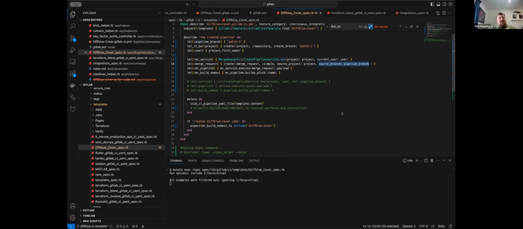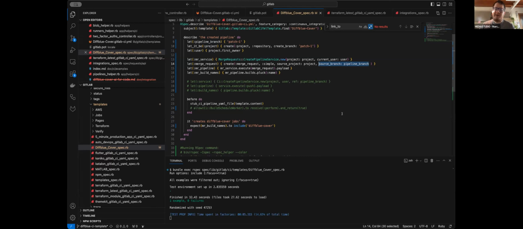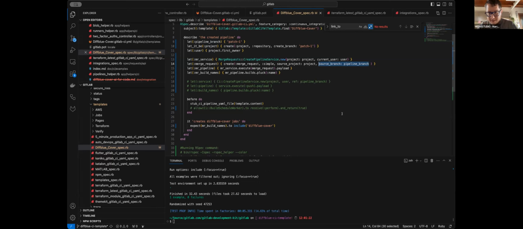Yeah, it's not entirely clear to me what it's using as the target branch. The Terraform one doesn't mention one, so I imagine it defaults to master. Actually, it must, because we set master as the pipeline branch previously, and it said you can't merge master into master. Yeah, by default, when you create an MR,